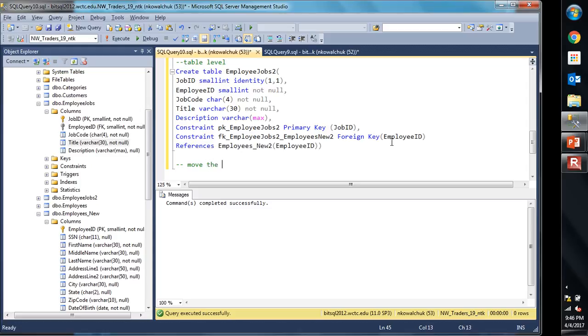Move the salary column from the employee table to the employee jobs table. So this is just the column definition. If there was data in this table, we would need to do a lot more, which we will talk about in class. So the first thing I would do would be to alter table employee jobs,